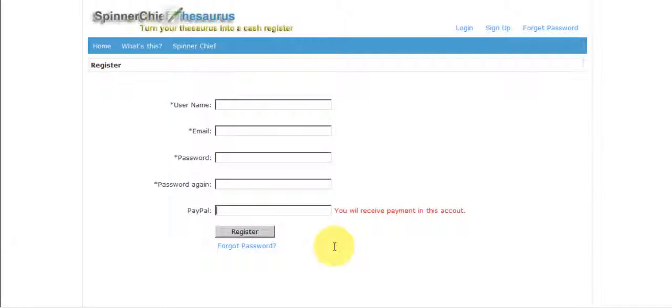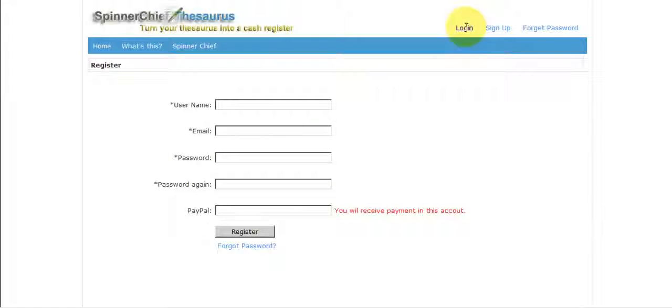Now, the reason you want your PayPal email address in there is because that is how we're going to pay you. And we're going to pay you weekly for any thesauruses of yours that are paid for. So don't forget that part of it. Once you've hit the register button, you're going to get an email verification link, which you click and you're in.